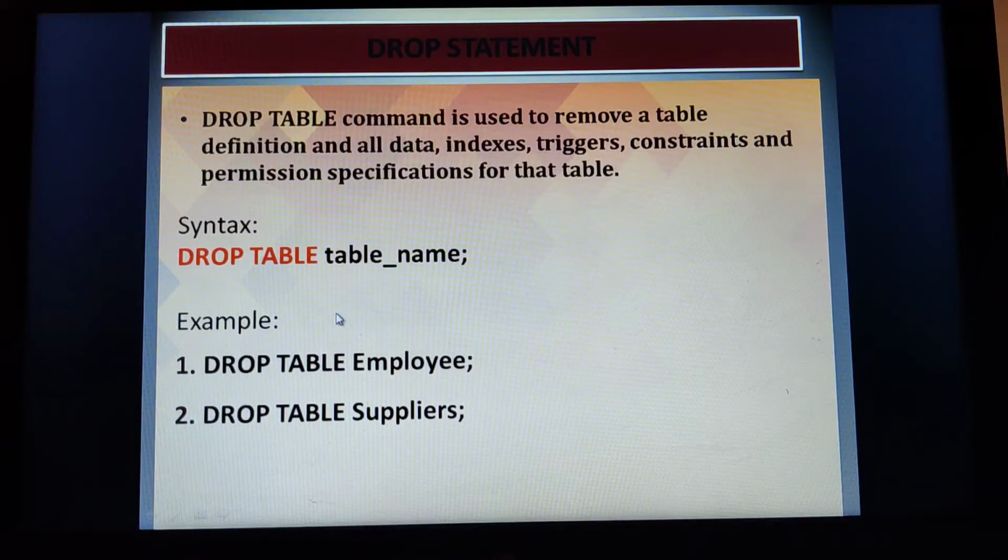That means when you want to drop the table and delete it, the syntax is DROP TABLE followed by its table name. Now example here, DROP TABLE employee. When I execute this, whatever table you have created previously, everything will be deleted. Therefore it says that we can remove a table definition and all its data.